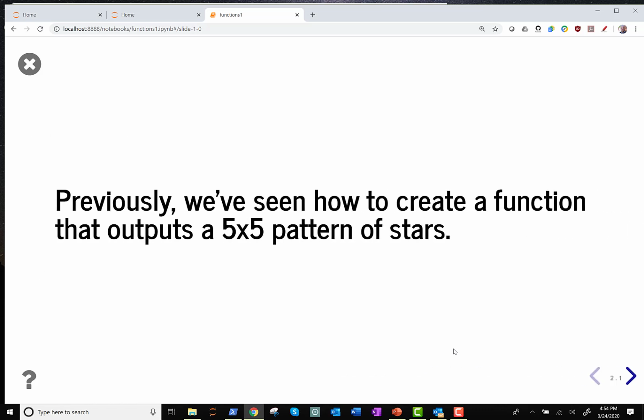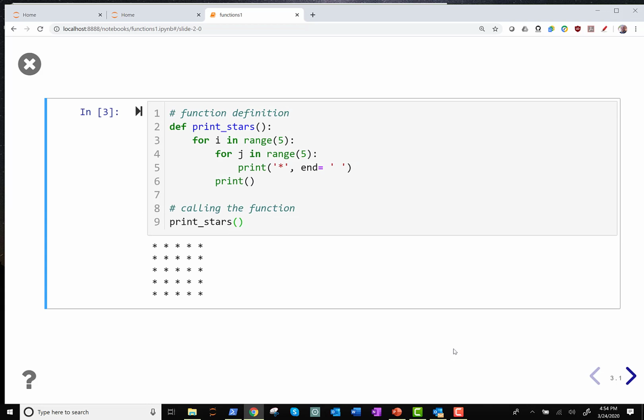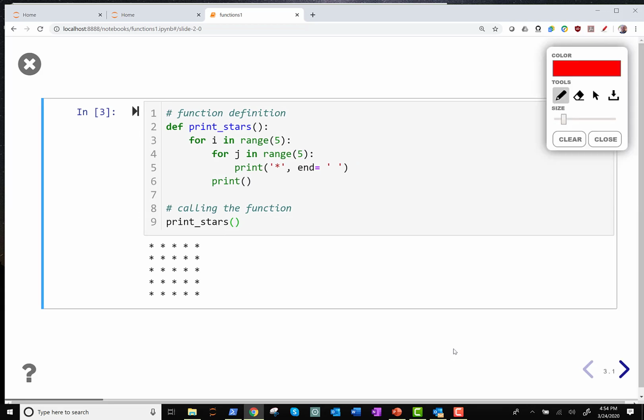Previously, we've seen how to create a function that outputs a 5 by 5 pattern of stars, and this is what the function looked like. We named it print stars. The function has nested loops. i controls how many rows we have, and j controls how many columns of stars we have. Since both i and j go up to 5, the result is going to be a 5 by